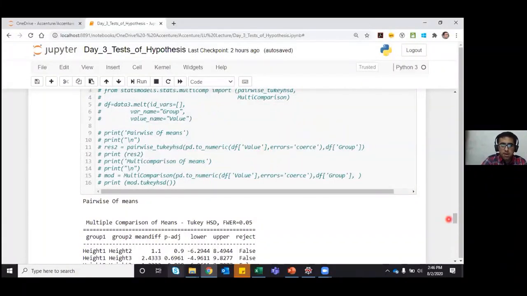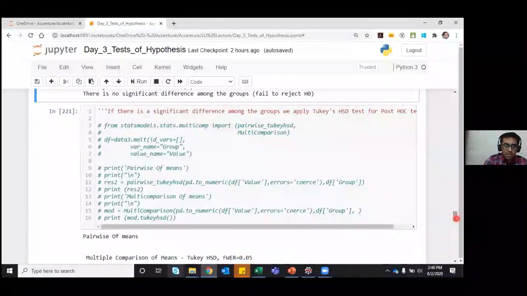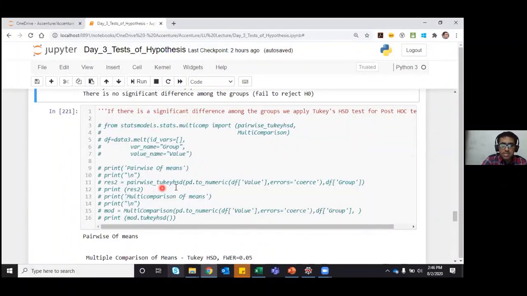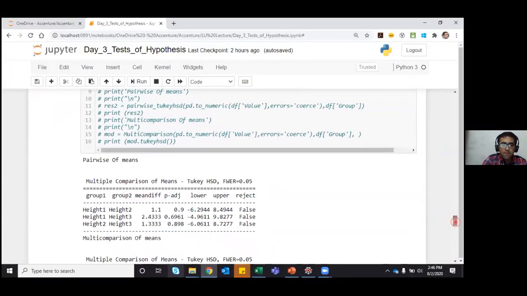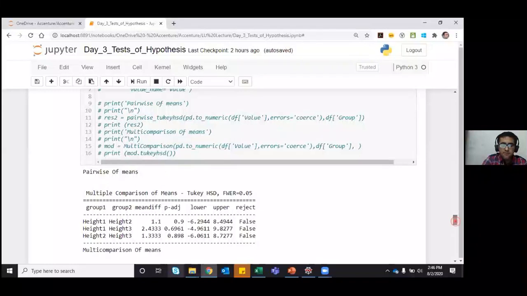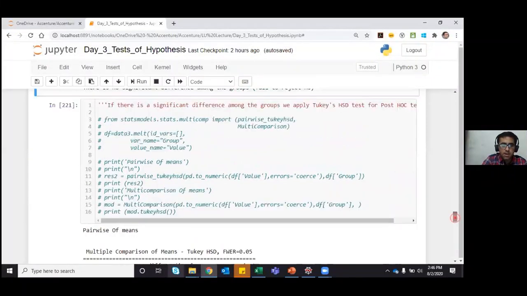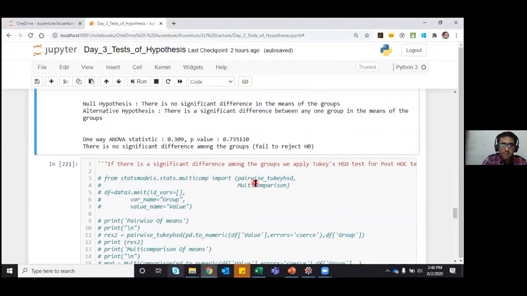The value is, for example, your height, the continuous variable that you have specified, and your groups are either group 1, group 2, or group 3. So it will perform the pairwise Tukey HSD test and tell me which pair has a significant difference among the means.